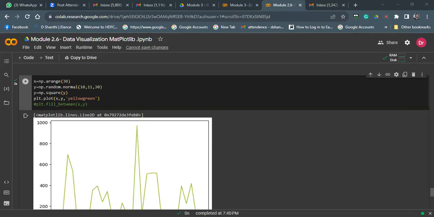The graph here. So earlier I used the plot dot fill underscore between. If I've used that, the complete area is filled with the color. But when I have removed that, see how I got a simple normal graph. It doesn't look like an area. But when I've removed this as a comment and